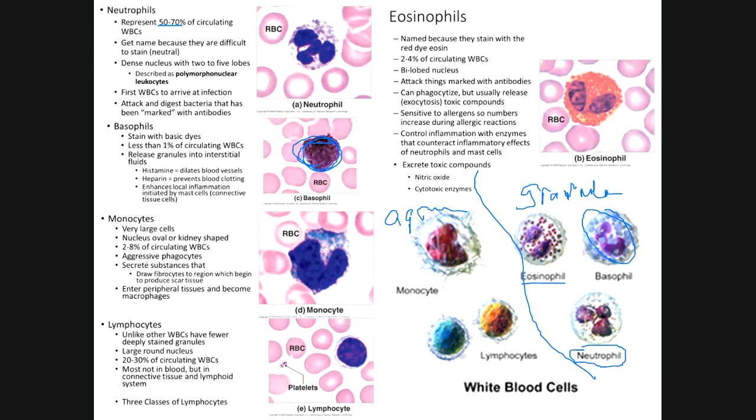Now, the other category is A in front of granule, so it's now without granules, and those are going to be the macrophages or the monocytes, and then our lymphocytes. Okay. Now, the macrophage is one of the largest white blood cells. So it's physically the biggest cell, and it has what looks like a kidney bean type nucleus shape, and then it has cytoplasm around it. Are there vesicles in the cytoplasm? Yes, but by the naked eye,